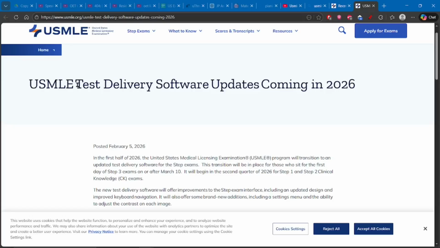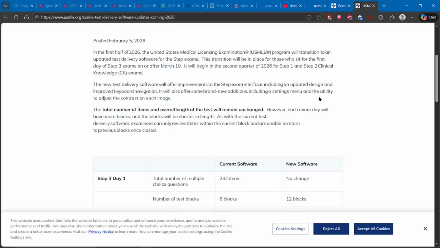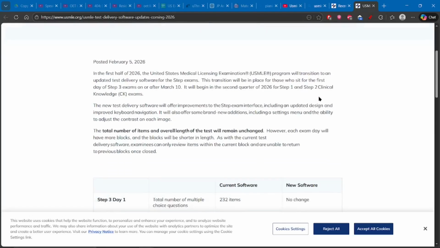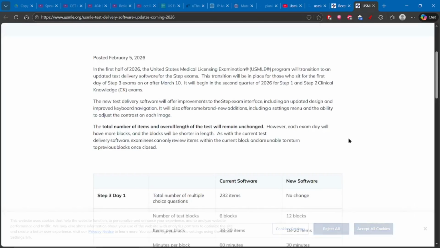There are some updates coming to it in 2026. That part is correct. They have mentioned there's going to be a significant change in step 3, which is only relevant to the candidates going for step 3.